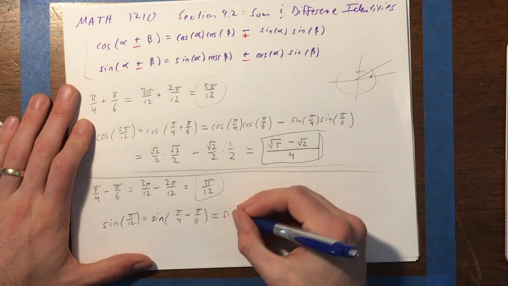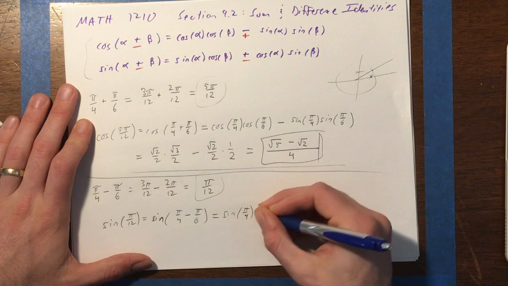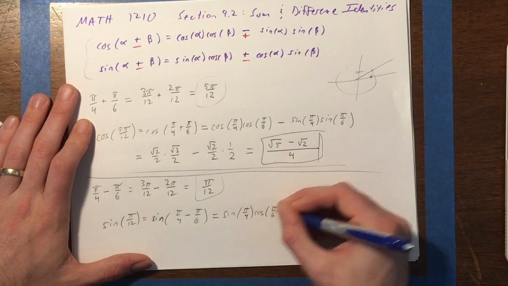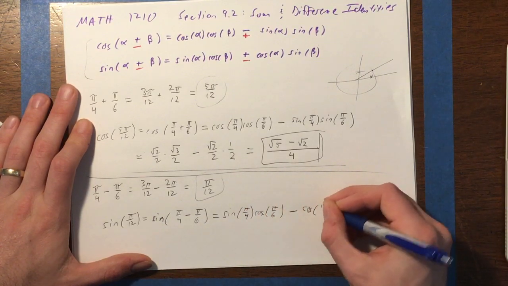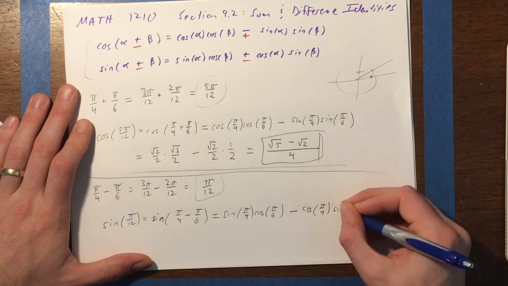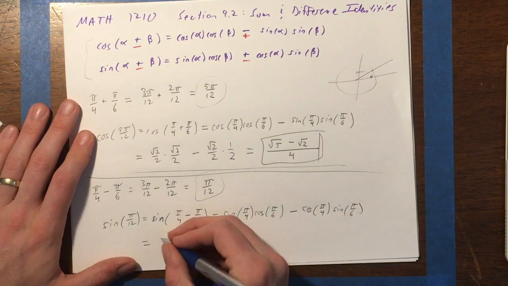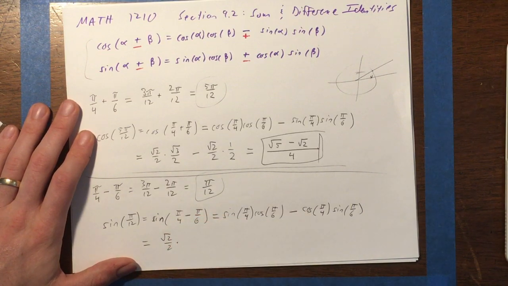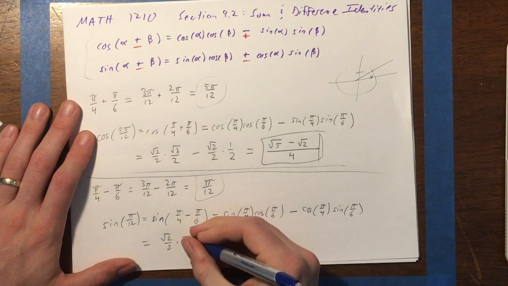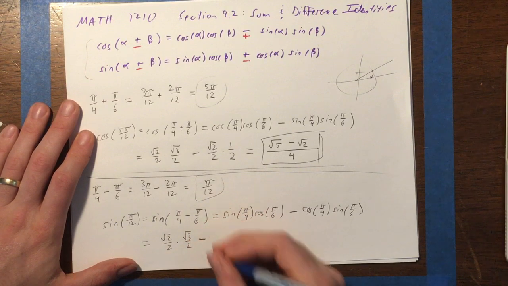So this is sine pi over 4 times cosine of pi over 6 minus cosine of pi over 4 times sine of pi over 6. And now we use all those values. So we're going to get root 2 over 2 times square root of 3 over 2 minus